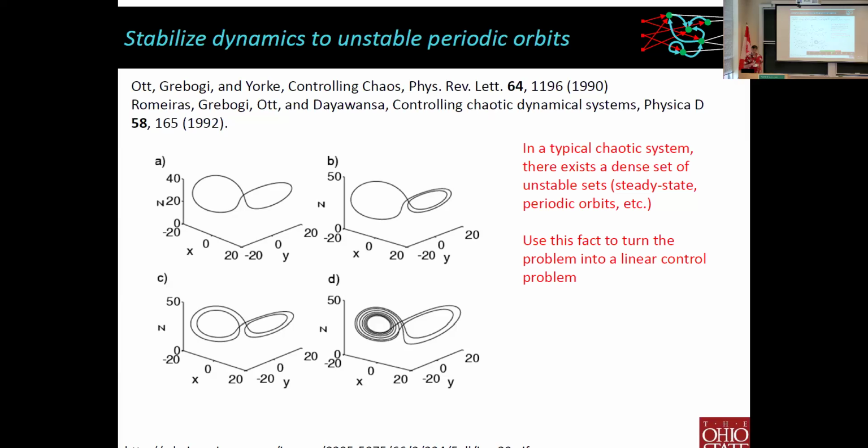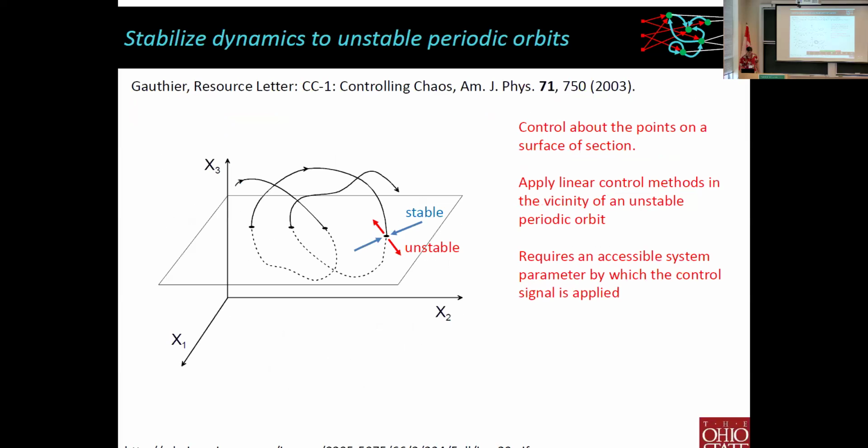But there is noise. You never can put it exactly on the orbit. So even if it goes close to one of these orbits, it's eventually going to leave. And we think of that strange attractor with the butterfly as being draped on a skeleton of all these, that the system is going near one of these orbits and then it leaves, goes near another one. But that gives us a way for trying to do control.